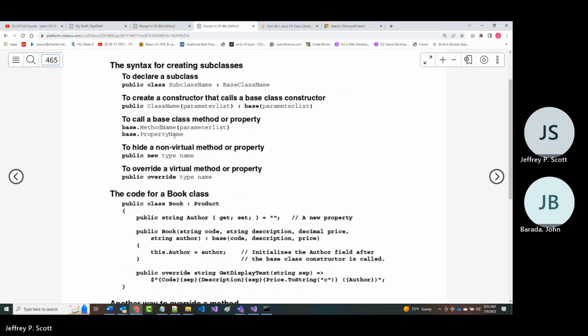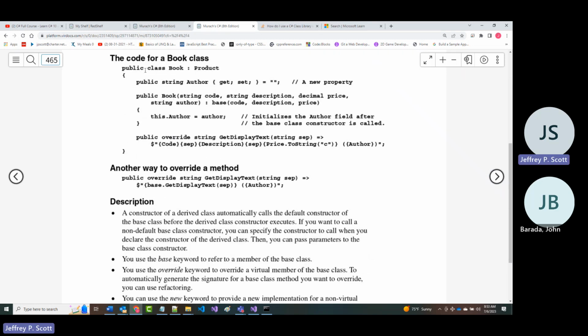So we can come in here, and this has got to start to make some sense to you. We're saying public class book inherits from or is a child of product. Then we come in and immediately add a new property called author.